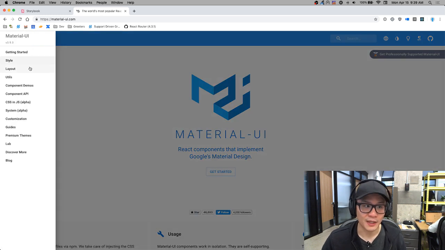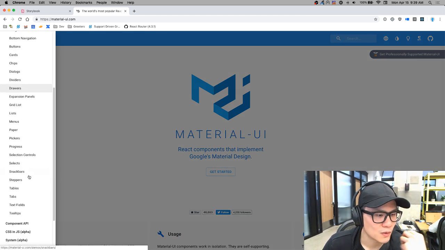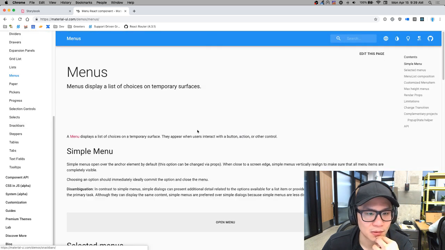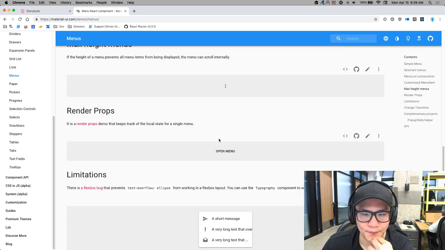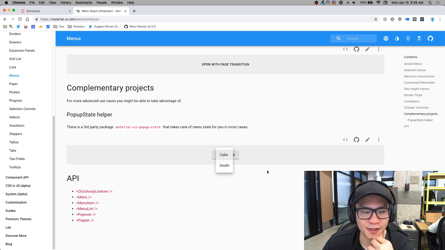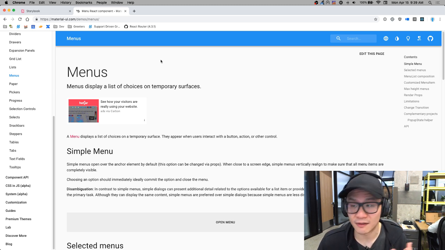And if they had, how do I see your components? Component demos? What did you call them? Menus? Okay, I'm going to time box it to 5 seconds. If I can't find it, then I give up. So I'm going to assume that Material UI doesn't have